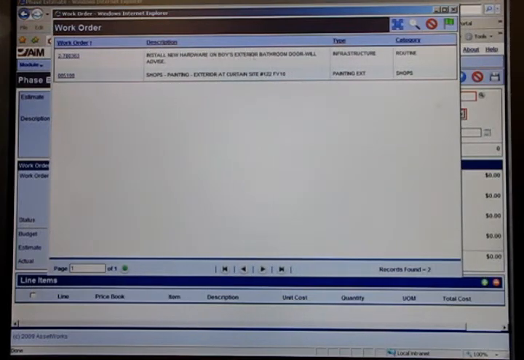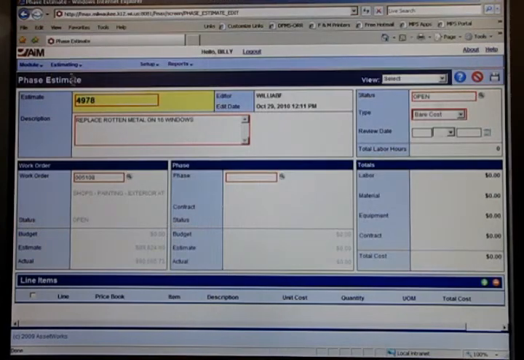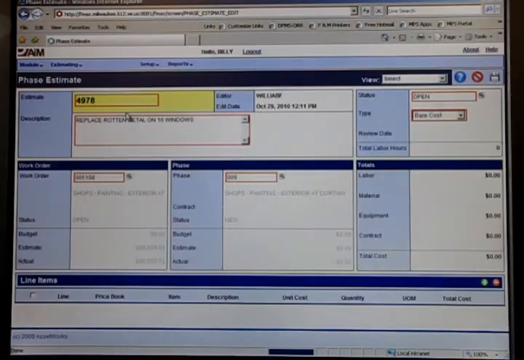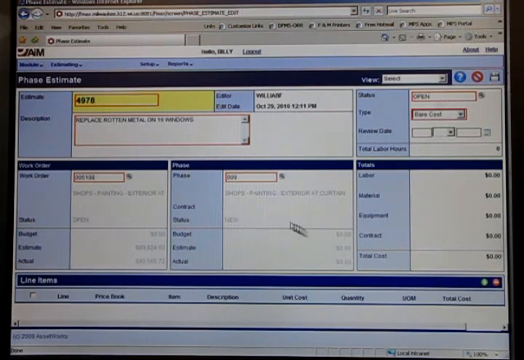This one has the word exterior in it. Also for Curtain School, this one also, but this is the exterior paint project for Curtain. And here is the number. I would click on it and it shows shop painting exterior, but it does not show a phase yet. It doesn't know which phase. So if I click on this button, the zoom, it will give me the options of all the phases. For this phase, I want to have 907 to do that work. So at this point I have 907 and nothing in the cost. Next step,